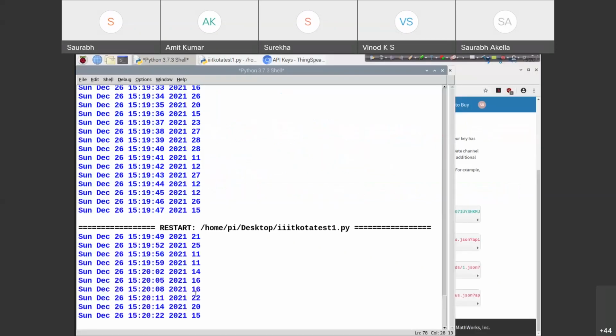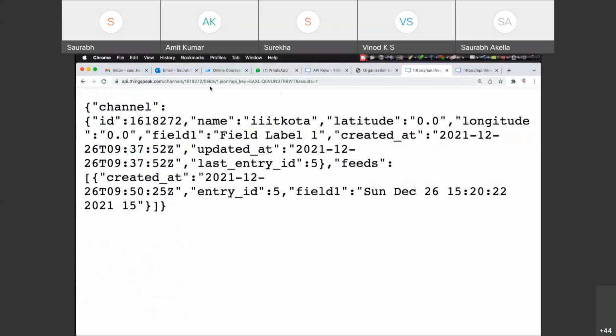We are getting 16, 22, 20, 15. Right, so we've got 15 at this time. So we are getting real time, real date, real scenarios, and along with the temperature value also.